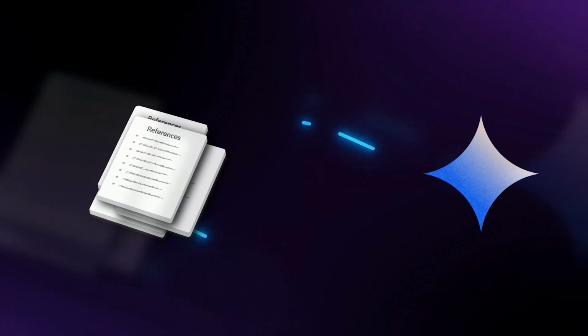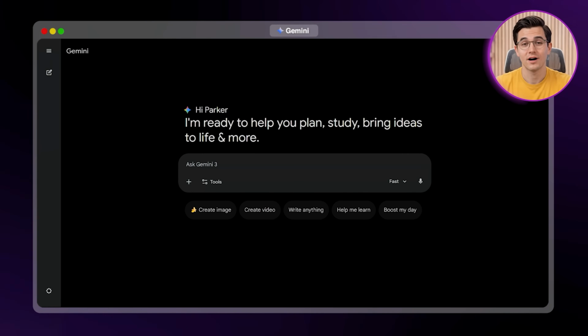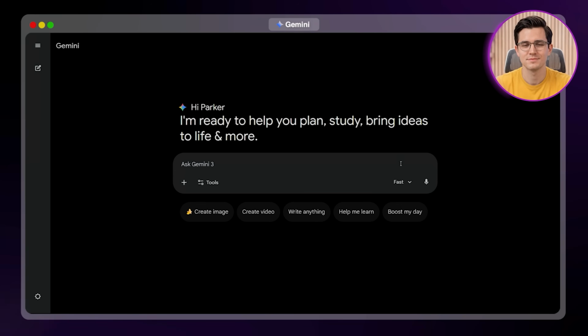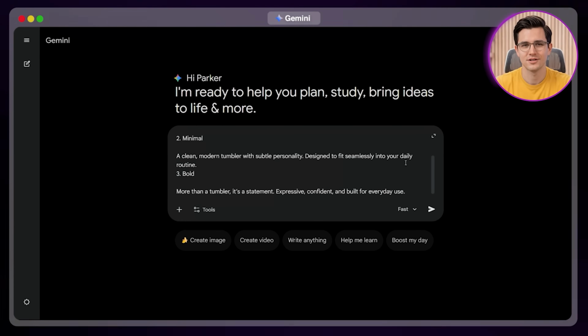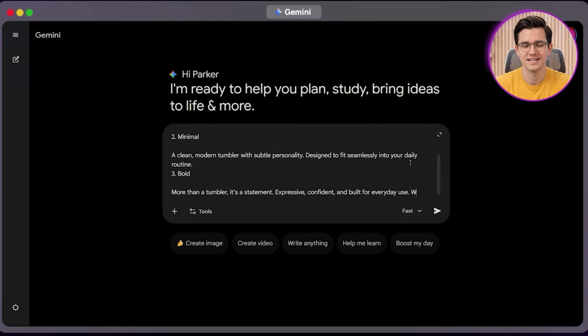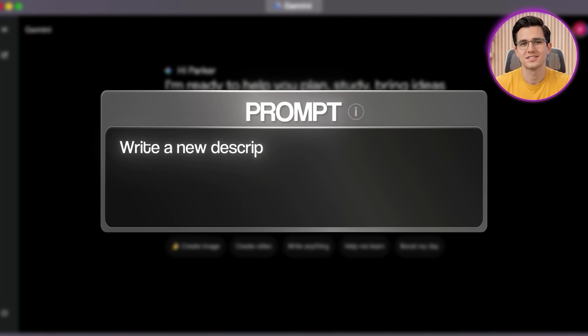Now to really lock in the quality, you add references. References are examples that show the AI what you're aiming for. Sometimes words aren't enough to capture a specific vibe or structure, and that is where examples come in. Let's say you are writing a product description and you need it to match your specific brand voice. Don't just explain the tone. Paste in 3 of your best descriptions and tell the model, write a new description using the same style as